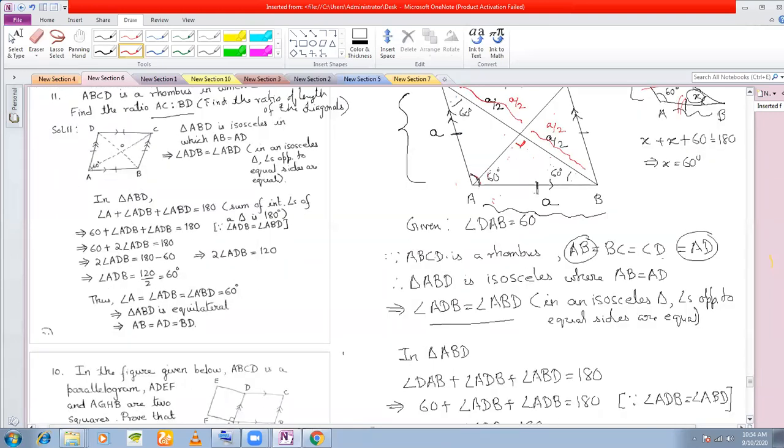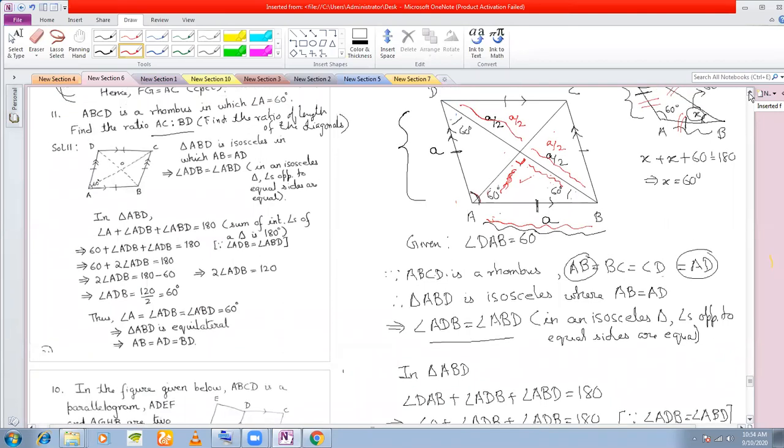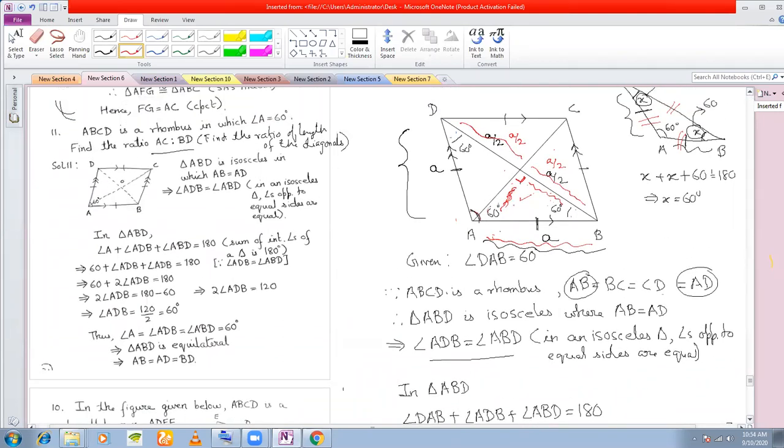Now what we do is we consider this right angle triangle. In this right angle triangle, if you see, this one is your hypotenuse, AB. This side is your perpendicular. You can find out the base. So we will find out the base from Pythagoras theorem. Now once we find out this, suppose we get the length of this to be say B. Whatever, we'll get some length. Suppose I call this B. If this length is B, then this length will also be B.